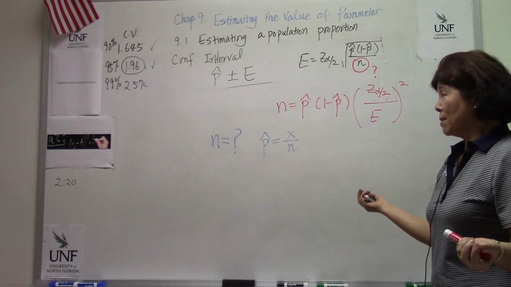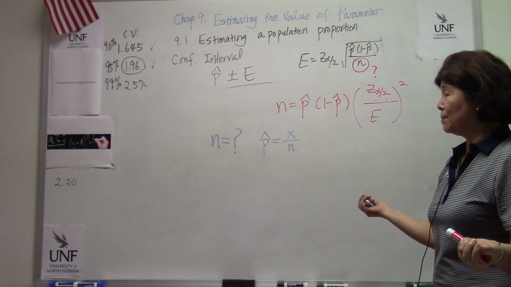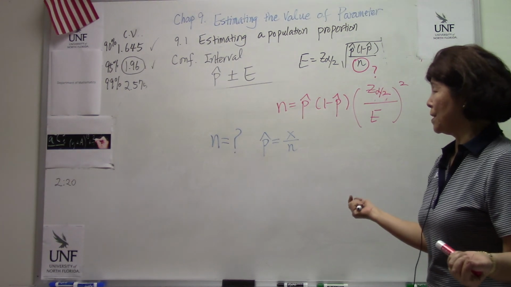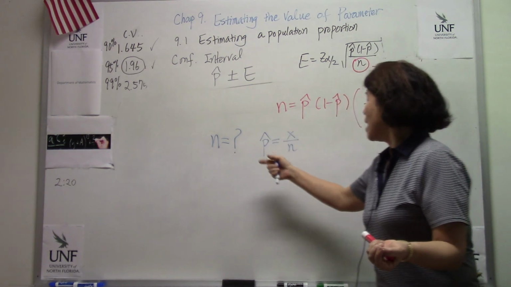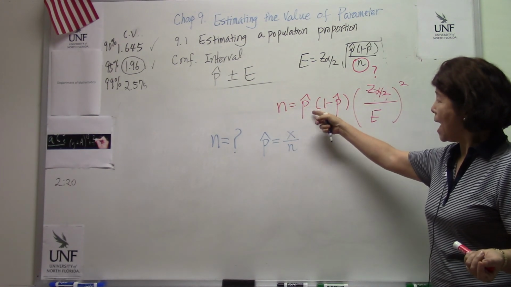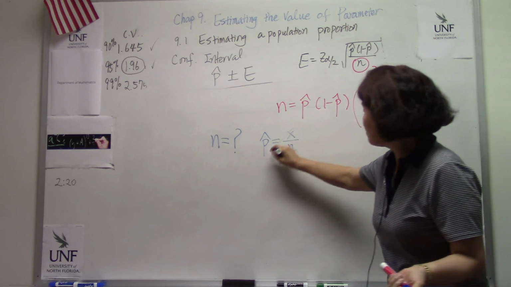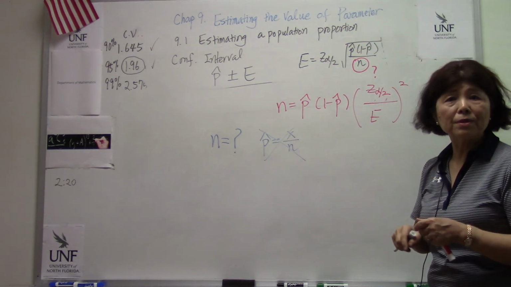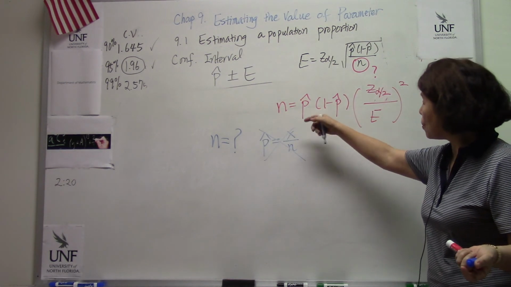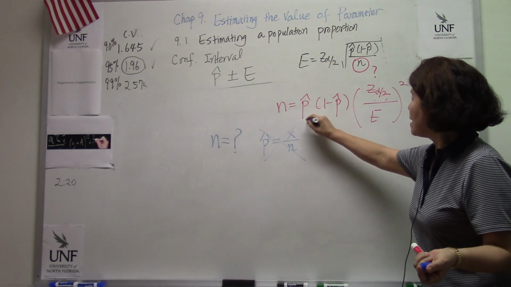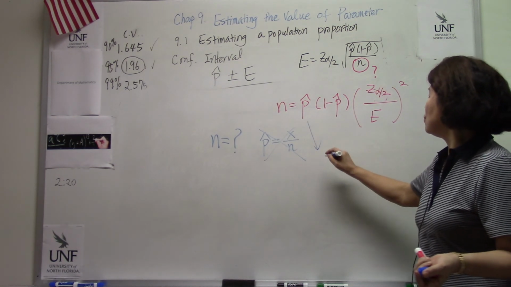Look, it sounds like we have a contradiction. We are looking for n, and when you say p hat, n is in there. Can you do that? So we have to give up. Then what are we going to do? For p hat, we are going to use either